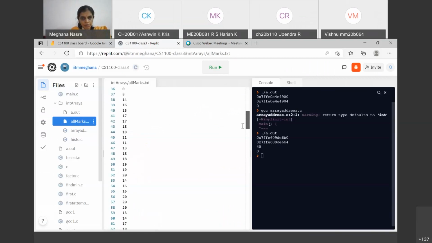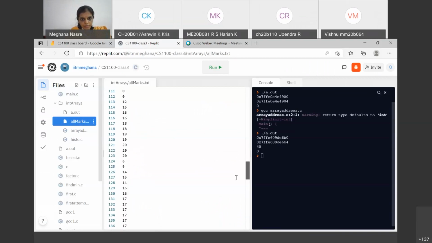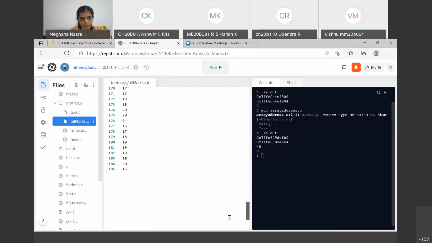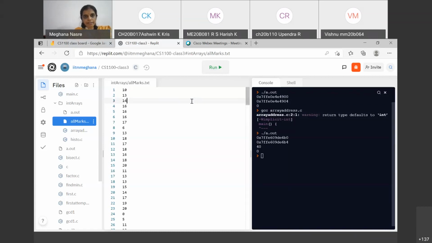Don't worry, there is no roll number to marks mapping. But why does it contain 185 entries? I don't know. Okay, so I don't know why it contains 185. It should have contained 184 entries, but nevertheless, I think there may be something which has come out. But these are the true marks of the students of your class.